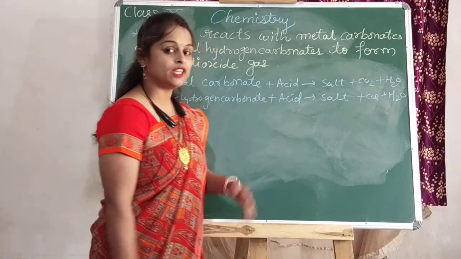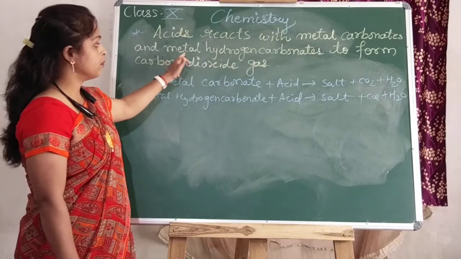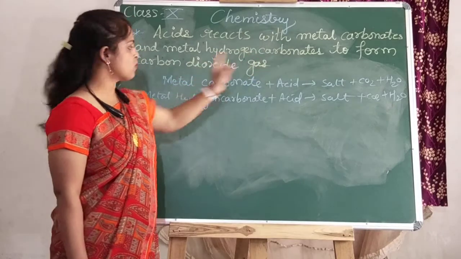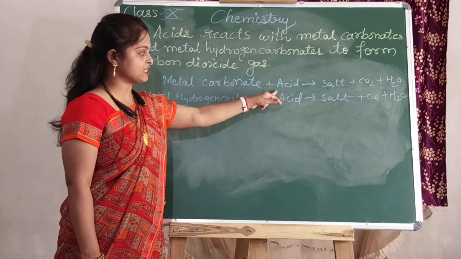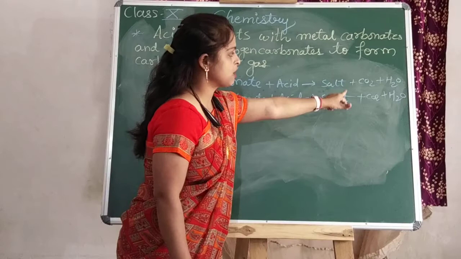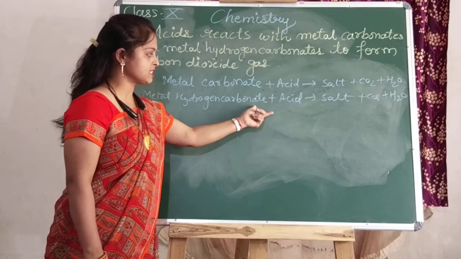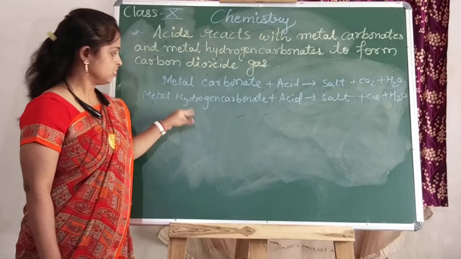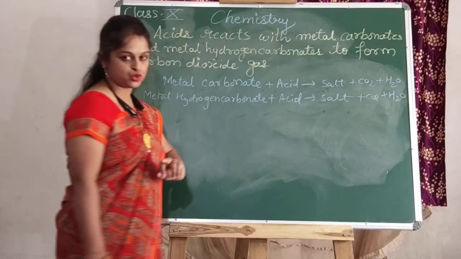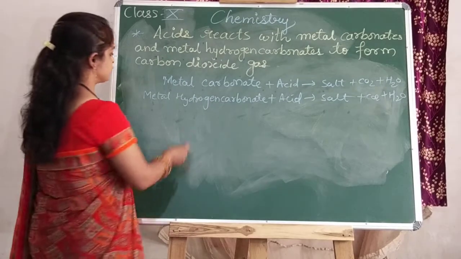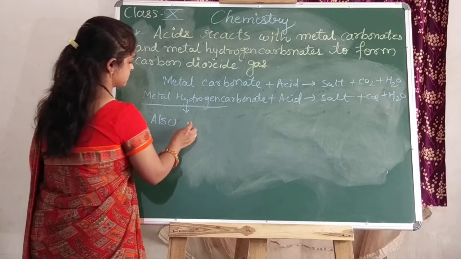Let us continue with the next property of acid: acid reacts with metal carbonates and metal hydrogen carbonates to form carbon dioxide gas. When a metal carbonate reacts with acid, it gives salt, carbon dioxide and water. Same thing, when a metal hydrogen carbonate is treated with acid, it gives salt, carbon dioxide and H2O. One thing I will tell you: hydrogen carbonate is also known as